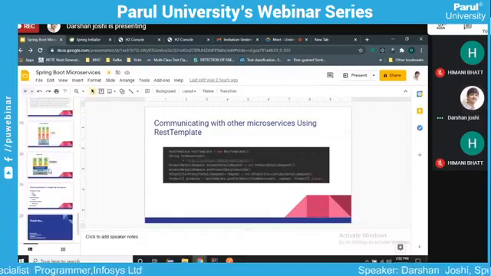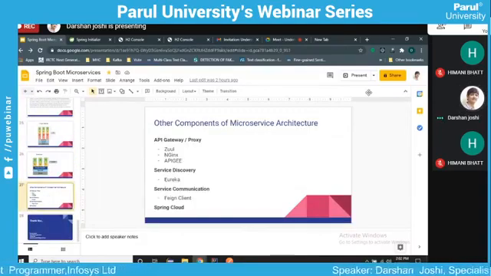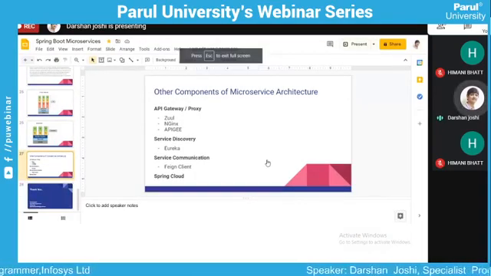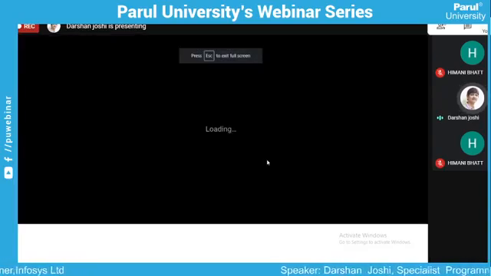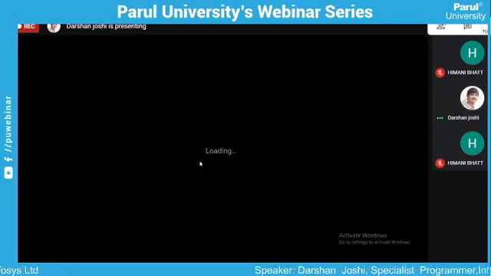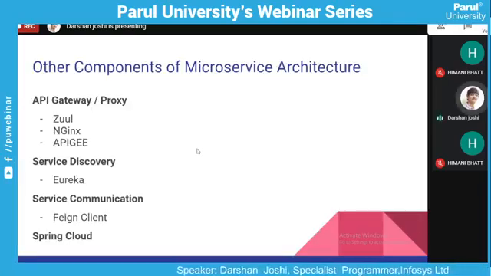There are other components of the microservices architecture, like the API gateway, or you can say a reverse proxy, such as Zuul, Nginx, or Apigee.